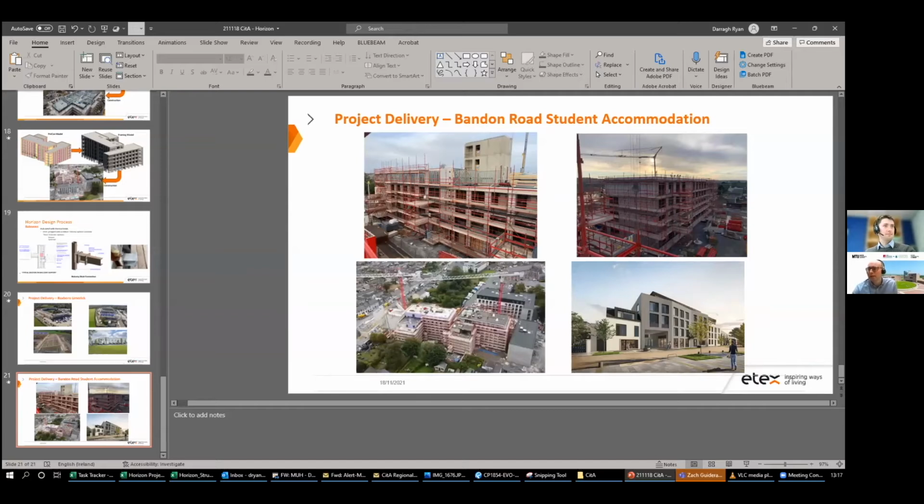take them. Excellent, Darragh. Thank you. Thanks for a very interesting presentation, and thanks to Ger as well. So great to see the success Horizon has had in such a short period of time. And I guess we look forward to having a deeper look into maybe the intricacies of the pre-con model. Okay, so very interesting presentation, and we might wait until the end of the session where we